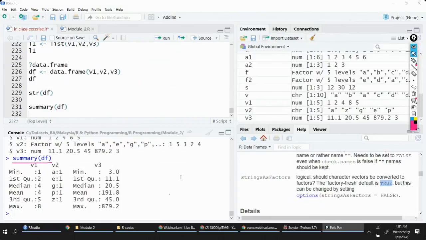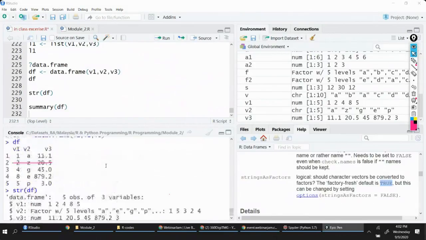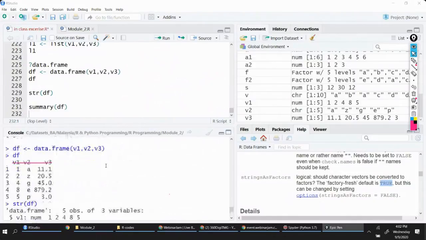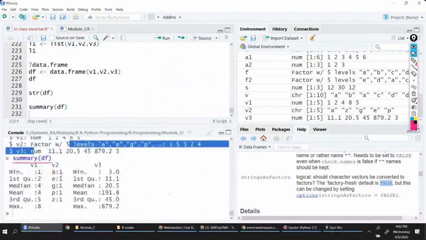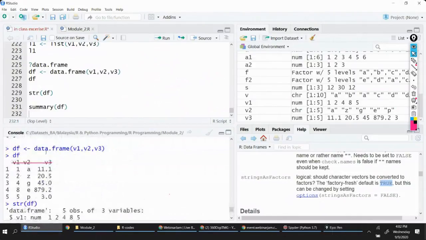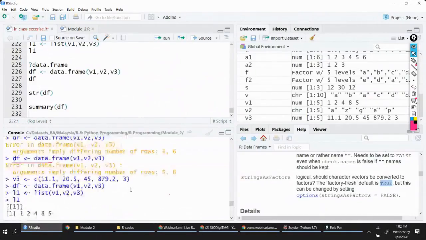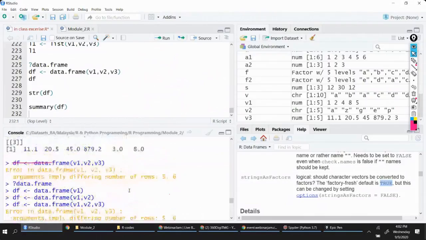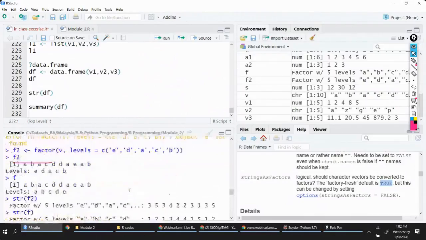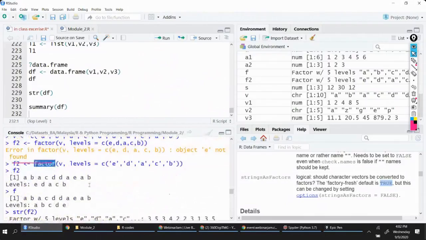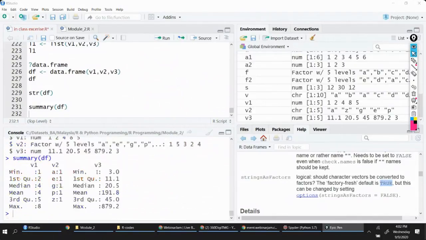Then we have the data frame functionalities that we discussed. You just create a data frame using this command, data.frame. Right? And then we create an array using the array function, a factor using the factor function, a list using the list function, a matrix using the matrix function. Now for all these functions,